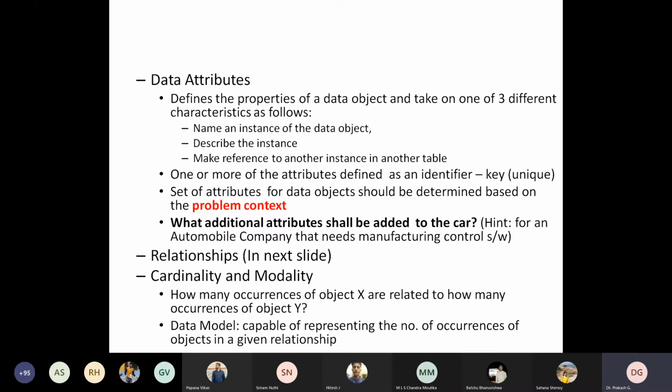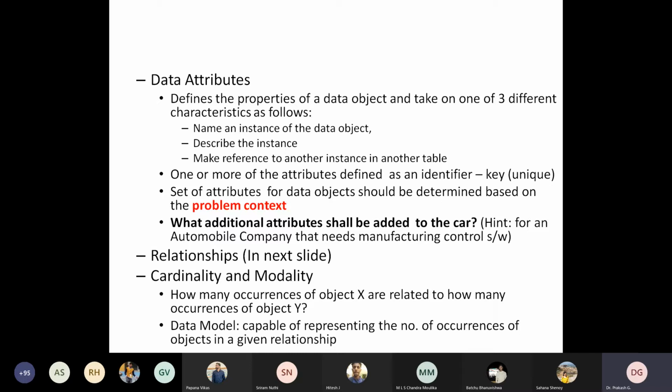So now I think you got the point. This is what I expected. That is what I am saying, the problem context. Problem context means you cannot just define the attributes for the car like that. It all depends upon for what environment or what problem you are going to develop the application.